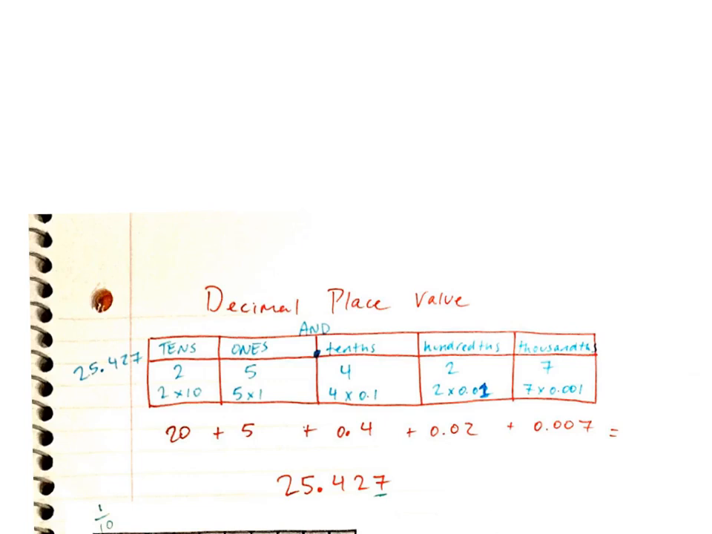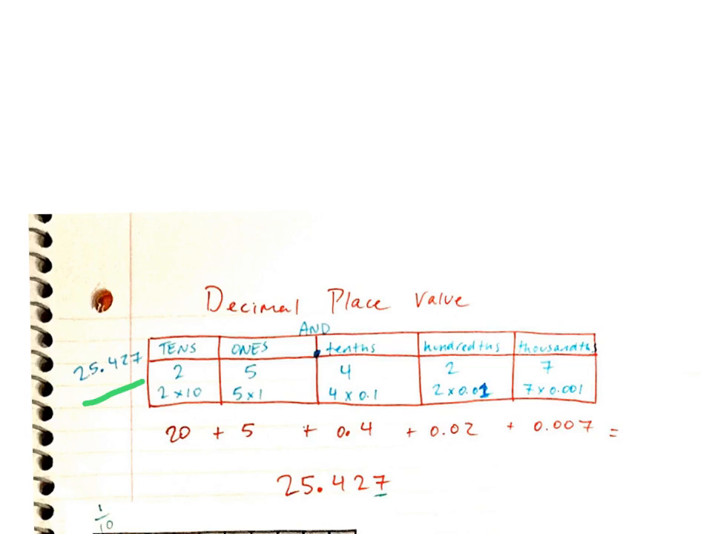Today we're talking about decimal place value. I want you to take a minute and look at this decimal place value chart and see what you notice. I see that they have taken the number 25 and 427 thousandths and broken each digit down into its